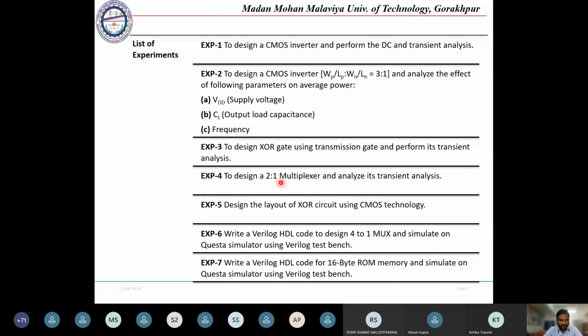Then we will be designing a MUX. Then we will also design the layout. Once we have designed the inverter circuit, we will design the layout, how an inverter layout or any transistor layout looks like. We will be taking that also.